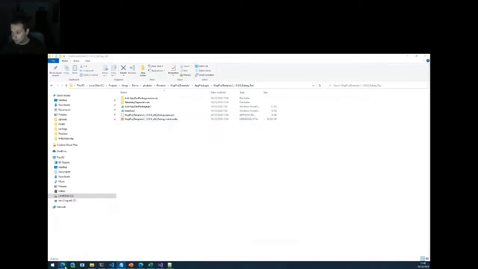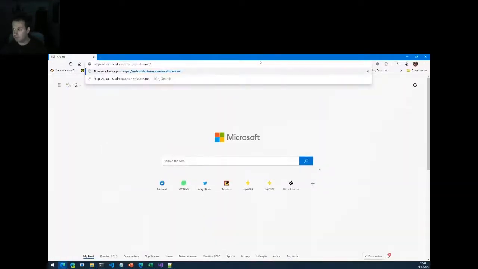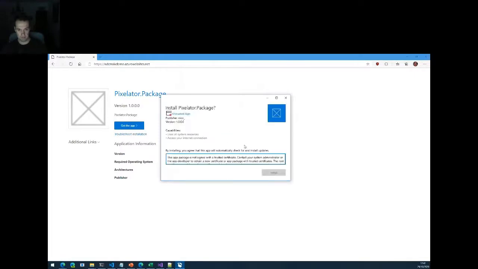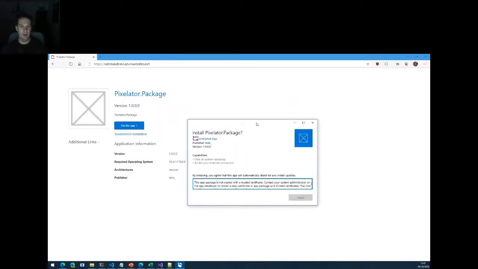And I've actually uploaded this quite some time ago. The new browser window. Go. So I've uploaded the package and the HTML to an Azure web application. If I click Get the App, it will open it. It can't install because the certificate that was used to sign this has expired. So it's too old, basically. But if everything checks out certificate-wise, the install button should be enabled. You can just install it. It will show up in your start menu like any normal application does.